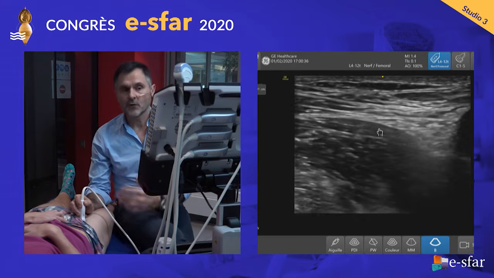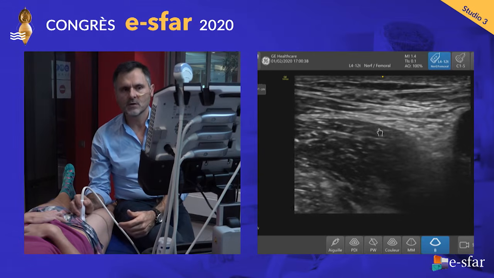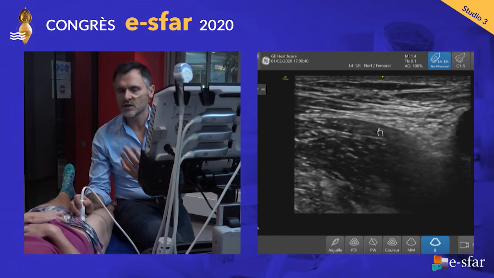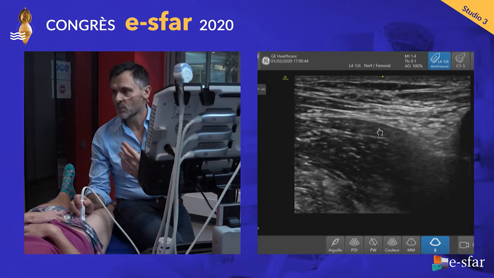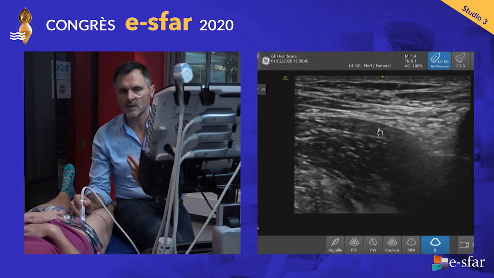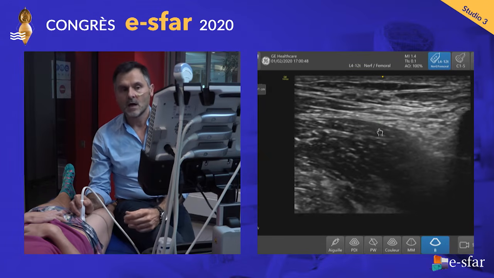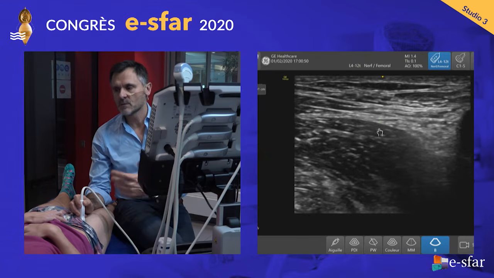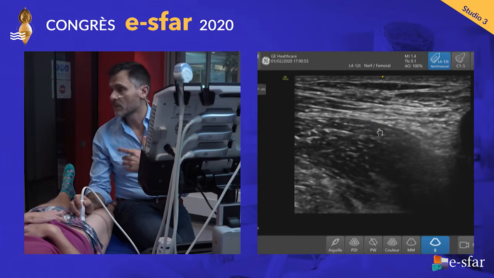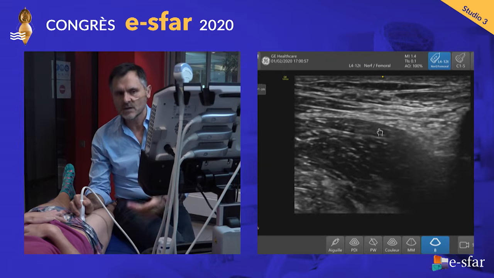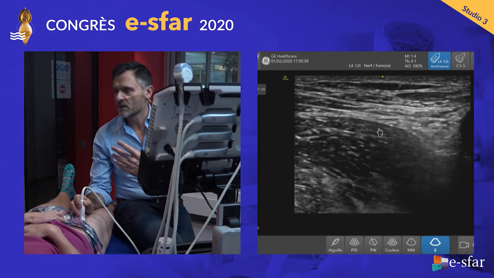Yes. Okay. And for hip fracture, it is very important because it allows a very good analgesia level without the use of morphine, with morphine sparing. And it is very important in elderly patients. And in my opinion, it is very important to perform this block very early, if possible in the emergency room, to have very good pain relief for this patient.